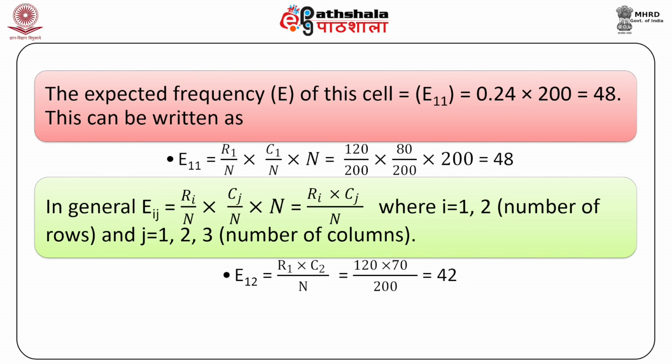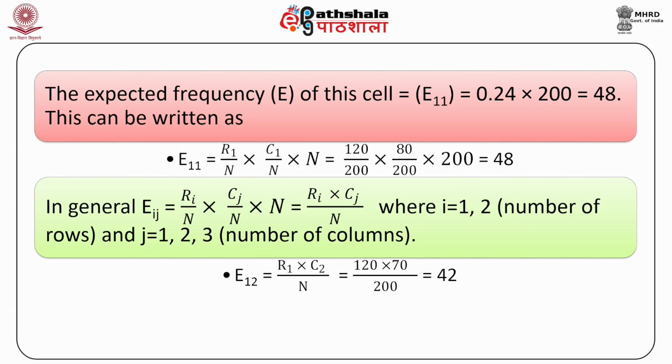So this can be written as E11 is equal to R1 upon N into C1 upon N into N, and therefore on simplification this comes out to be 120 upon 200 into 80 upon 200 into 200 and is equal to 48. In general, therefore, we can write down Eij equal to Ri upon N into Cj upon N into N,